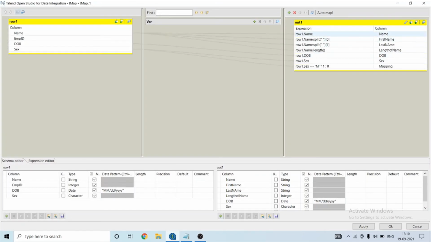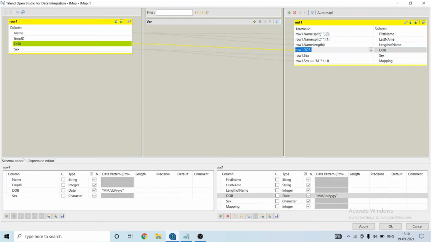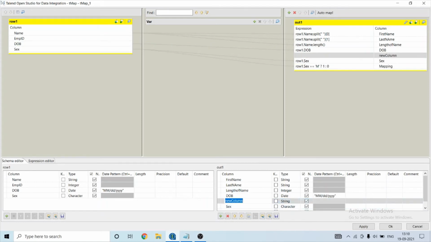Now let's calculate the age of the individual. I will create a new column age. Its data type will be long.